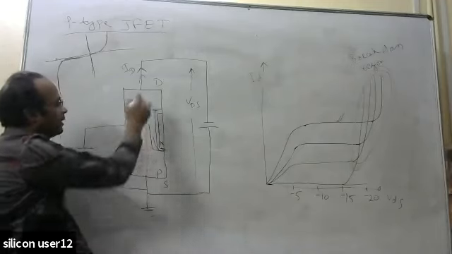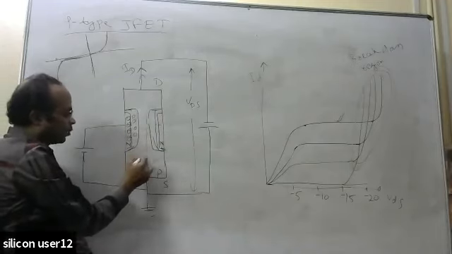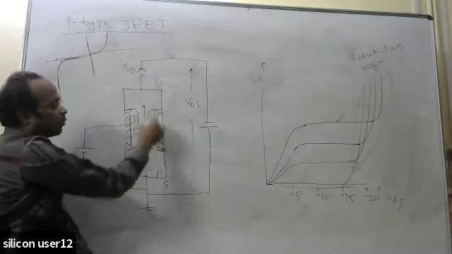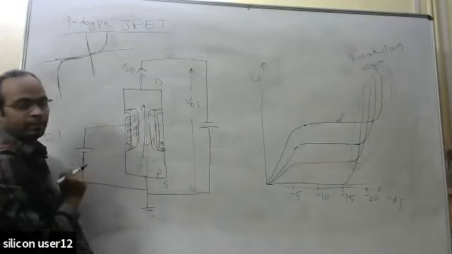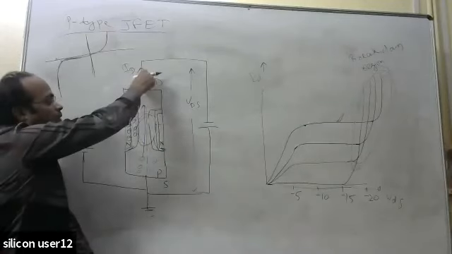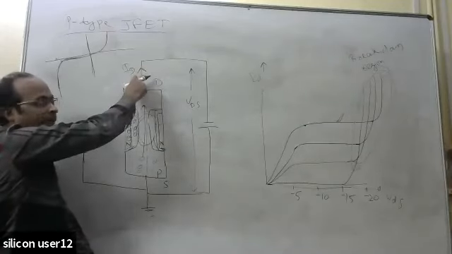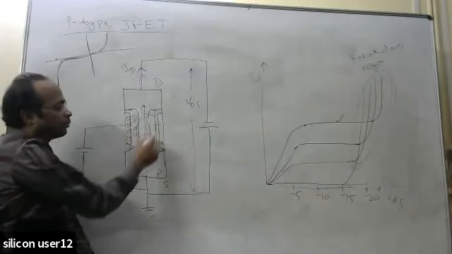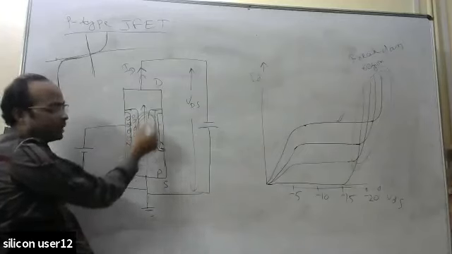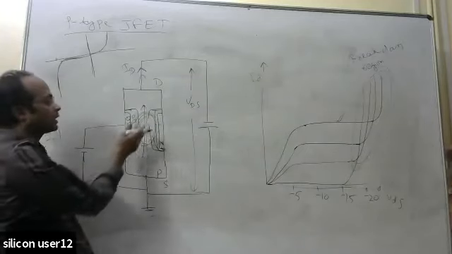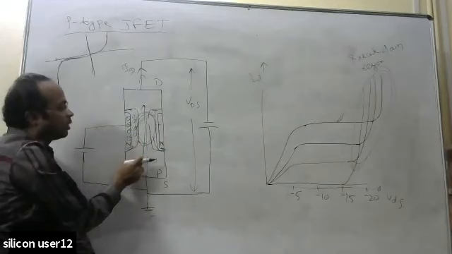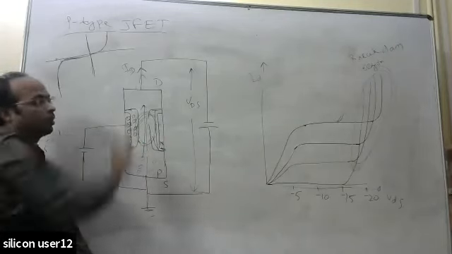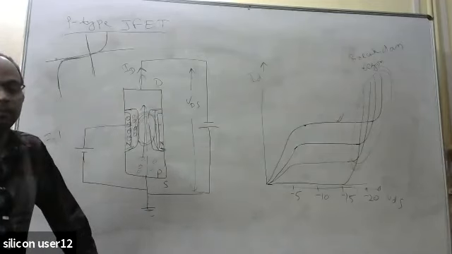And for this hole to pass to this side, it has to overcome the repulsive force of this part. But when the force from this side will be very large, at that time it will be able to overcome the repulsive force which is provided by this region. And once that happens, it will be possible for this hole to go to the other side.